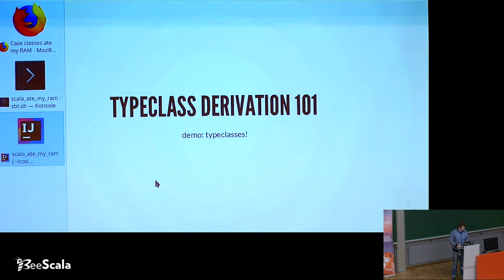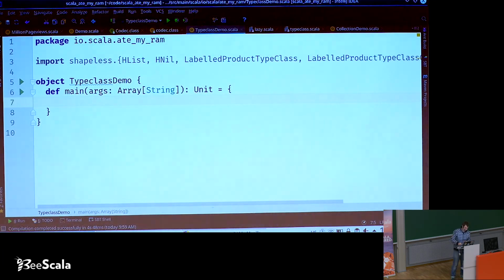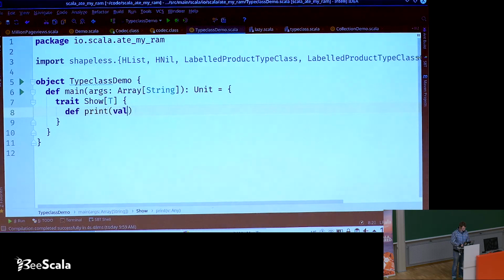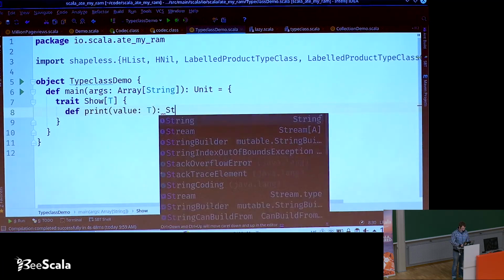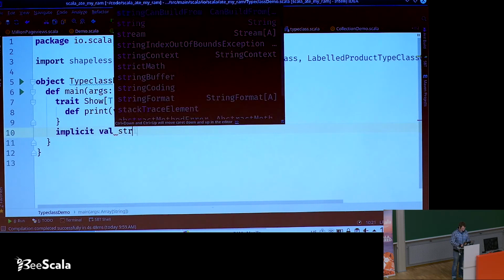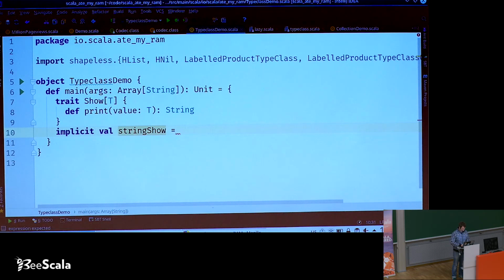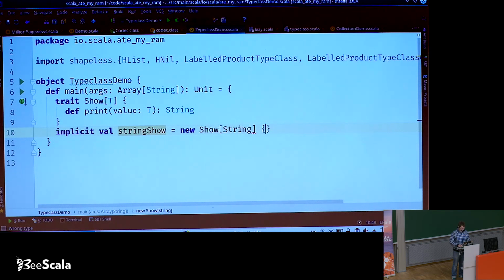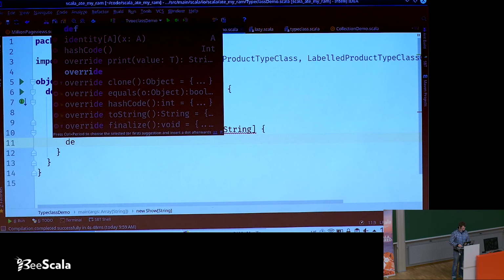So I will just show you a short demo of how it looks, because I was very surprised how it can look. For a regular one, for the type classes, it's a regular type class for show. So it's a value of type t, and we should dump the string here. Let's have a type class for string show. We can write it like a new show of string, and here is def print,